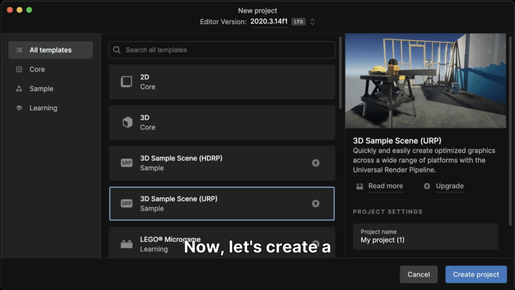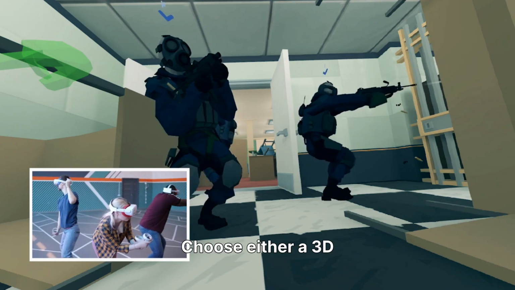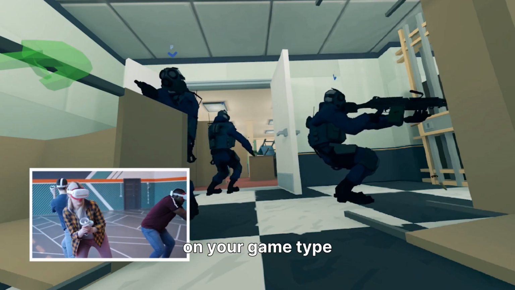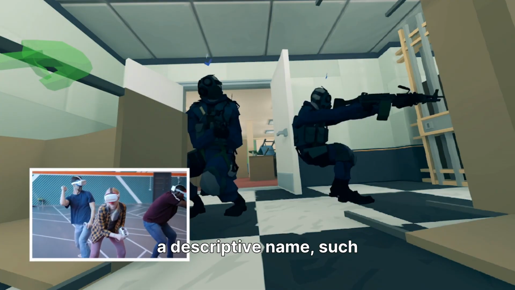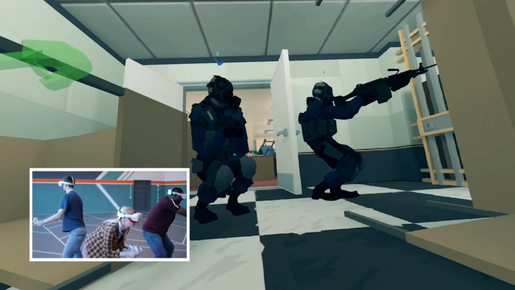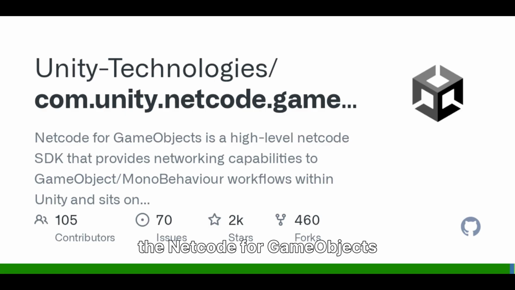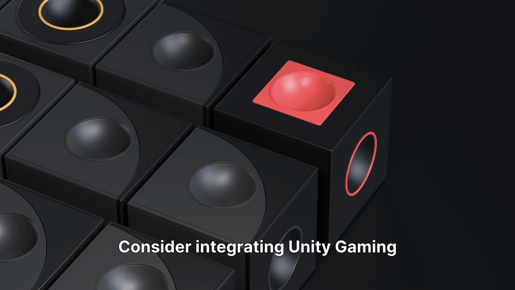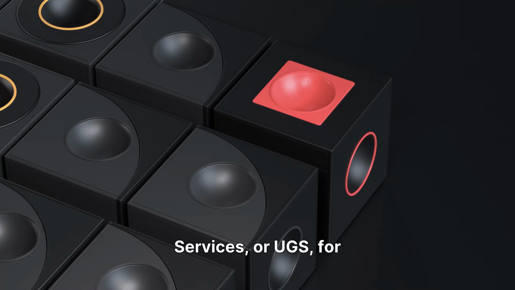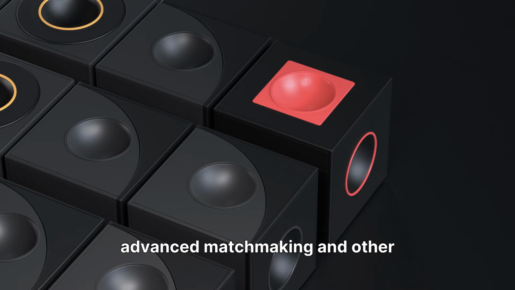Now, let's create a new Unity project. Open Unity Hub and click on New Project. Choose either a 3D or 2D template based on your game type, and give your project a descriptive name, such as Multiplayer Matchmaking. For networking functionalities, we'll need the Netcode for GameObjects package. Access it via Window, then Package Manager. Search for and import the Netcode for GameObjects package. This is essential for building multiplayer features. Consider integrating Unity Gaming Services, or UGS, for advanced matchmaking and other online services, which offers a robust suite of